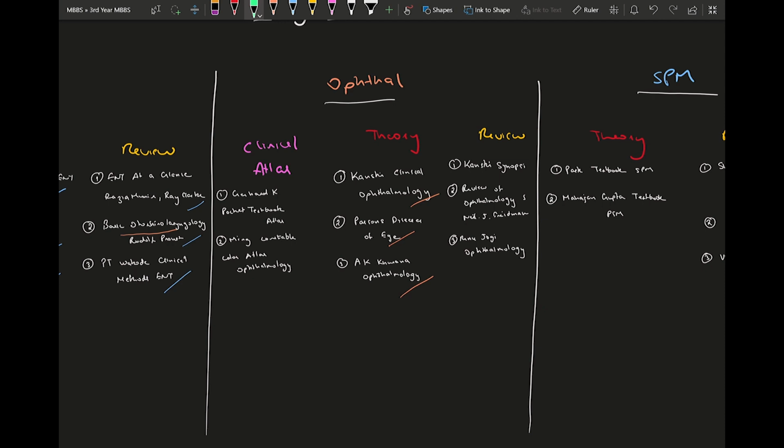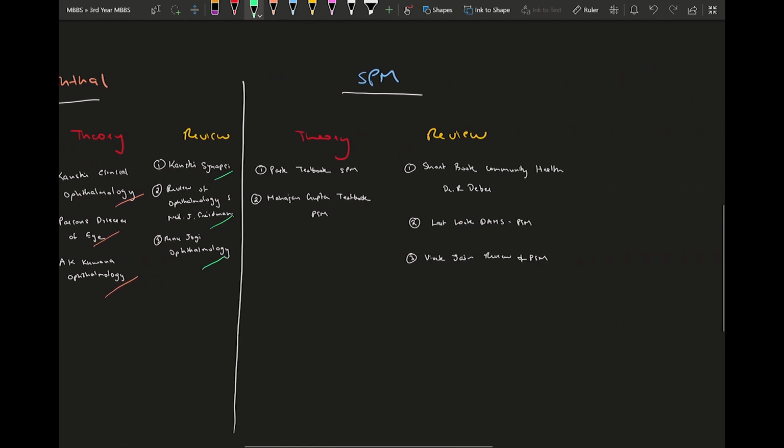But there's also a synopsis book which is very short, like 400 to 500 pages. It's Kanski's synopsis. You can go through that for your exam preparation, or you can go through Review of Ophthalmology by Neil J. Friedman. And the last option would be Ophthalmology by Renu Jogi. All these are really good review books for exam oriented studies. And your atlas which you can use for Ophthal would be your Gerhard Pocket Textbook Atlas or your Ming Constable Color Atlas of Ophthalmology. They'll help you look at the various conditions of the eye, and understand the subject and remember the symptoms and signs better.